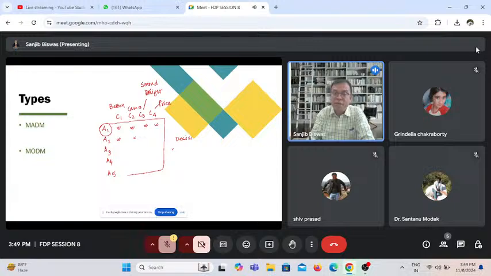So I form a decision matrix where I have a finite number of criteria influencing a finite number of alternatives, with an objective to select the best possible choice. Now, if this is the case, then my objective is to select any one of the alternatives while satisfying the requirements of these criteria. So this is a problem of MADM. Now, what is MODM?